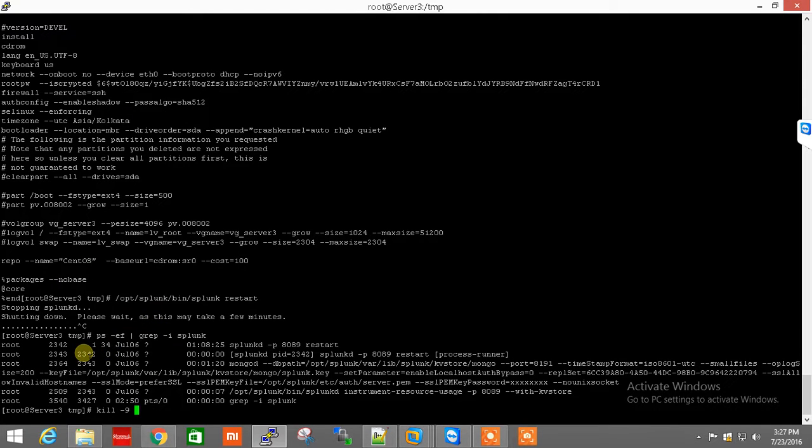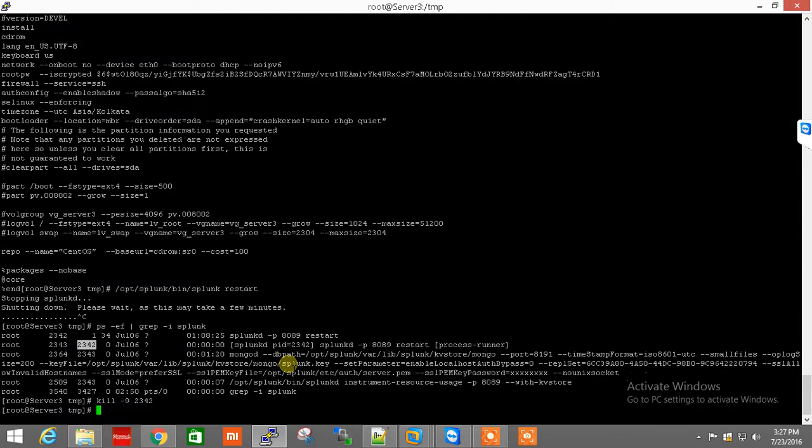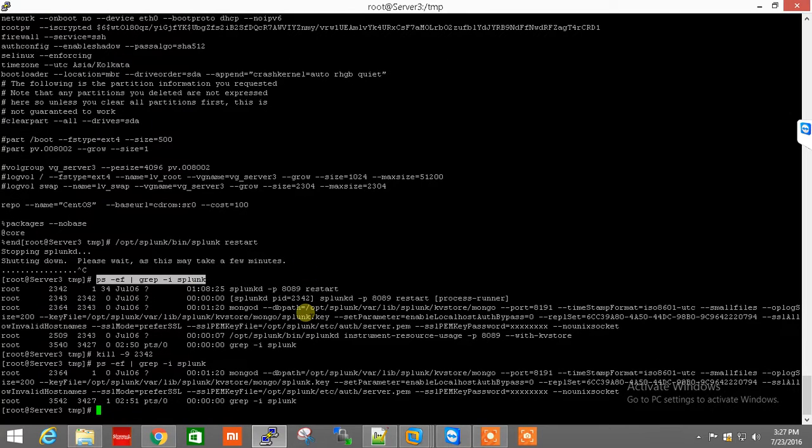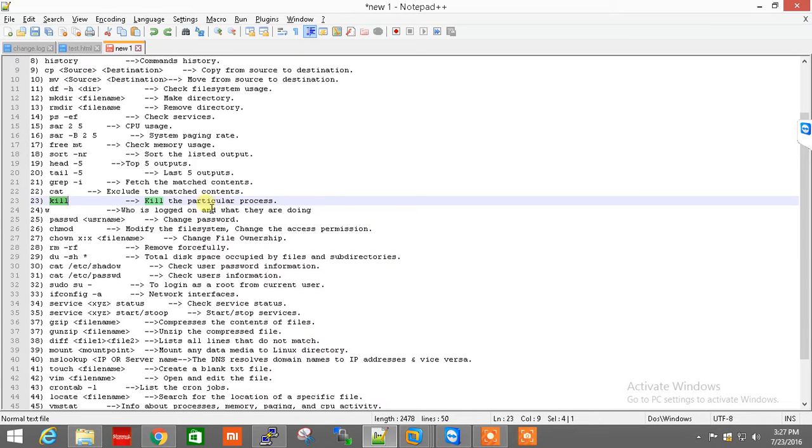So this is the process ID. So kill -9 process ID, and now find again. You will not get that process running, because I have killed that process. So this is the kill command.